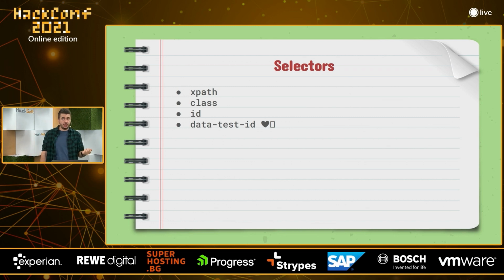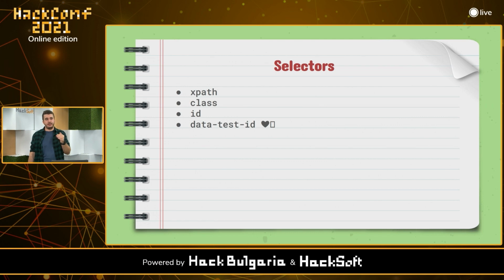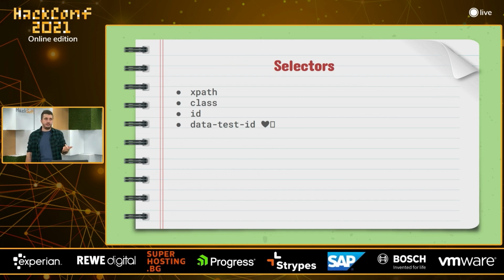Another way is classes. We use classes for CSS styles. We even use some tooling that on every deploy changes the CSS class, so it's preventing some kind of caching. This is kind of native to React, so we don't really have class names, or if we have, they change on every deploy. So this is something that we for sure cannot hook to. We have IDs, but IDs are pretty unique to the whole page, and again, we don't really use them in the project at all, so it's kind of hard to hook to a given ID.